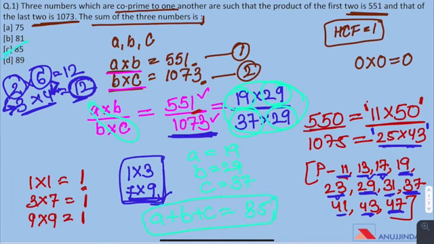Hence C is the answer. And this type of questions look difficult because it is difficult to find the factors of such numbers. But you should try this method. You should find the factors of the closest possible number to these numbers and then somehow limit your area of finding the factors.